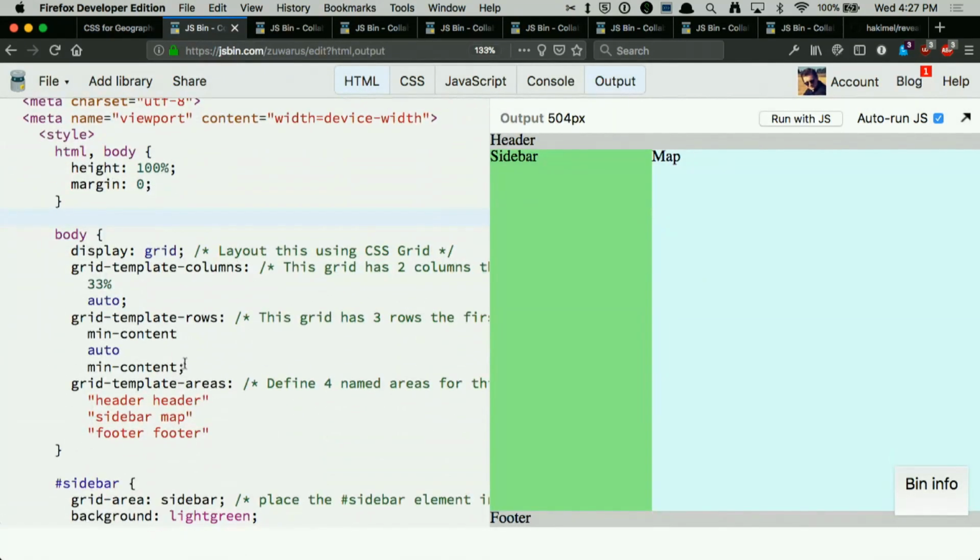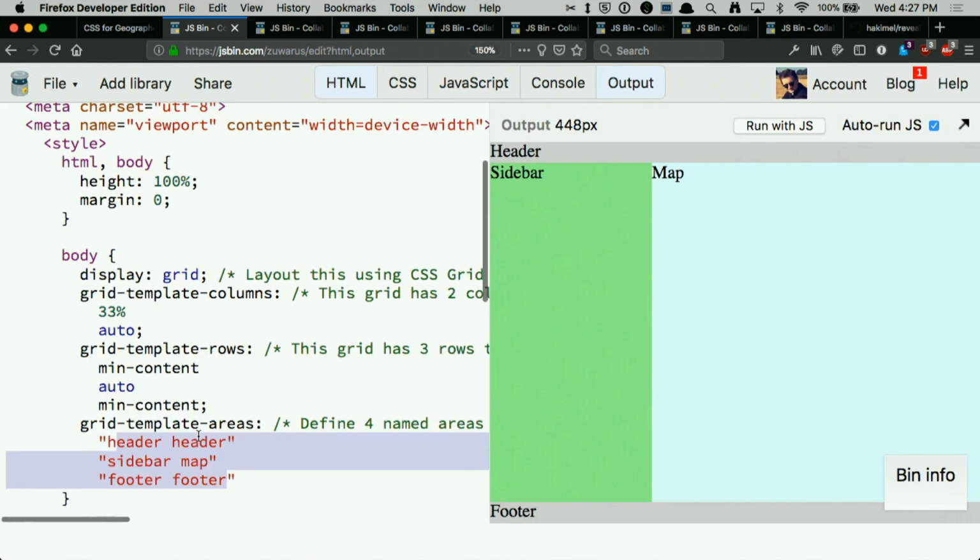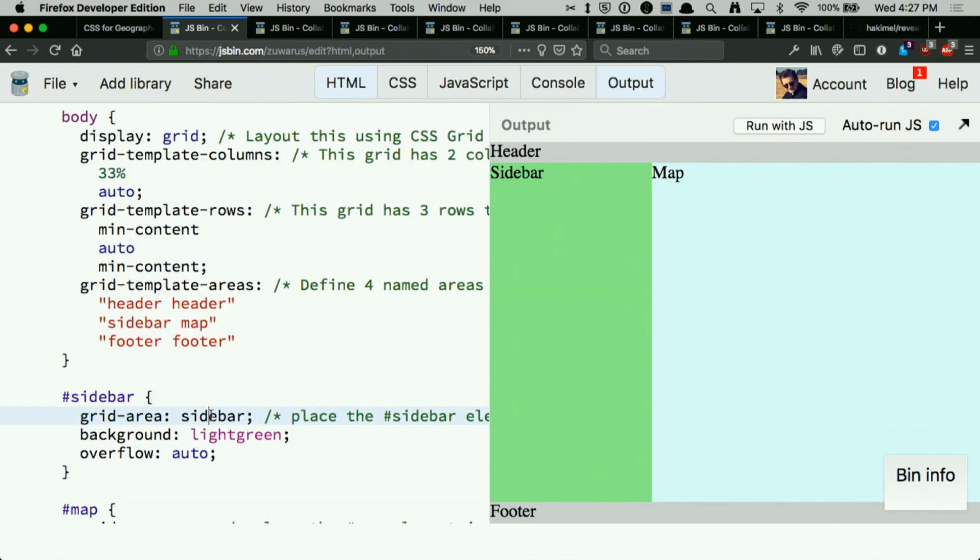So this is exactly the same demo as before. We've got our 2 columns and our 3 rows, and then we added this new area, which is grid template areas. And you can see that we've actually named those 6 grid cells. We've created a small Excel spreadsheet inside our CSS file that says the header should be these 2 cells of our grid, the sidebar should be this cell, the map should be this cell, and the footer should be those